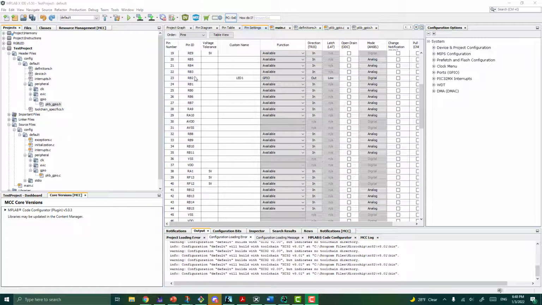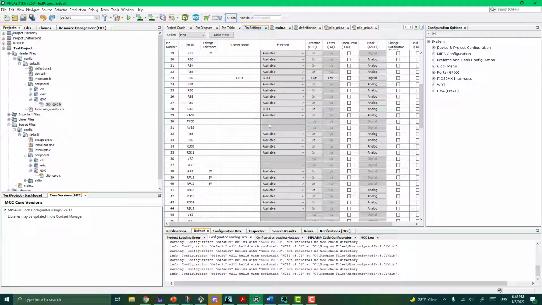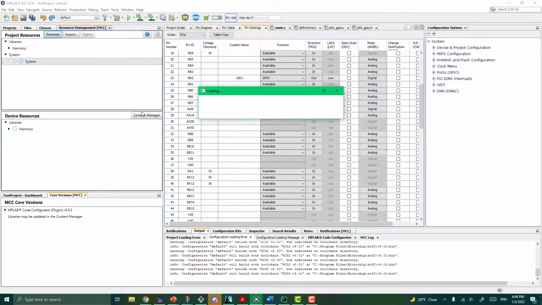Now we could also configure another pin to be an input pin. So let's say RA9 is a GPIO pin input. There we go. Say this is a switch. It's a switch, and it's a digital switch. And it's an input instead of an output. If I generate the code for that,